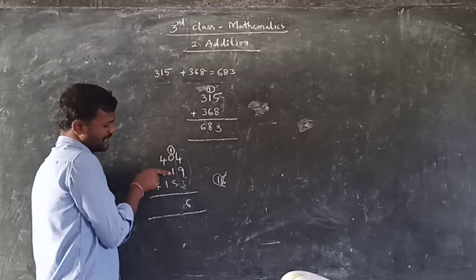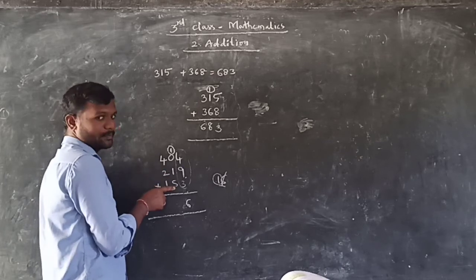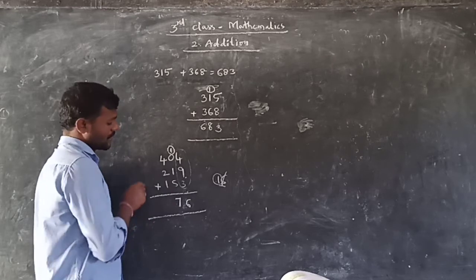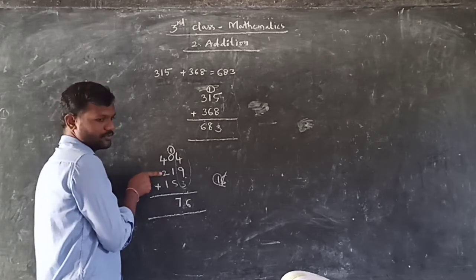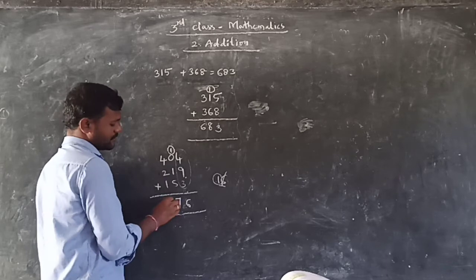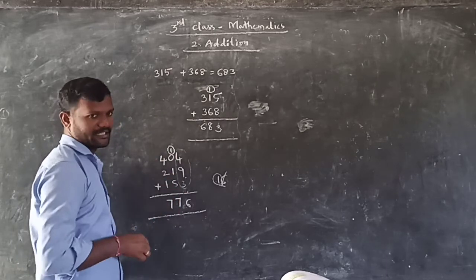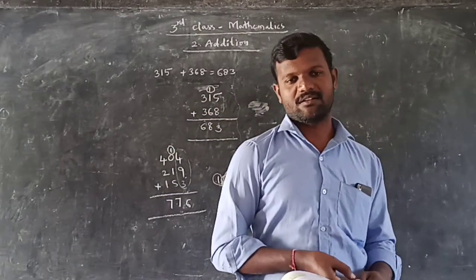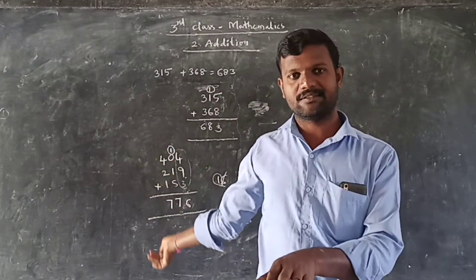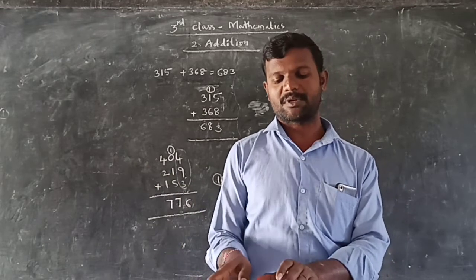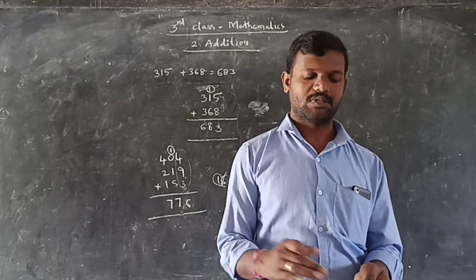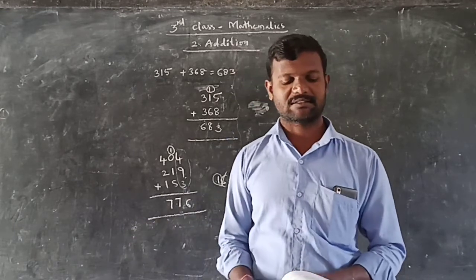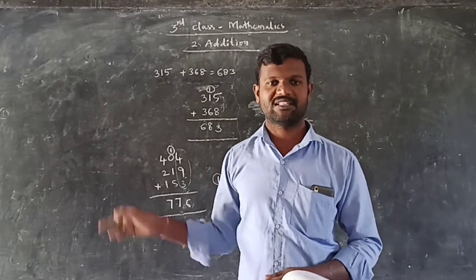Now 1 plus 1. How much? 2. 2 plus 5. 2 plus 5 what? 7. So this is 7. 1-digit number right directly. Next one. 4 plus 2. 6. 6 plus 1, 7. So what is the sum of these three numbers? 776. So this is the method which we have learned in the previous year. So this is easy to you. So do the problems of exercise 2.2 in this way. Okay. Observe the first bit problems of exercise 2.2 and solve them in this method.